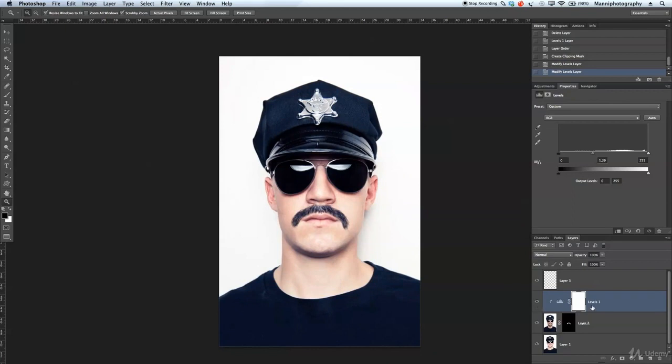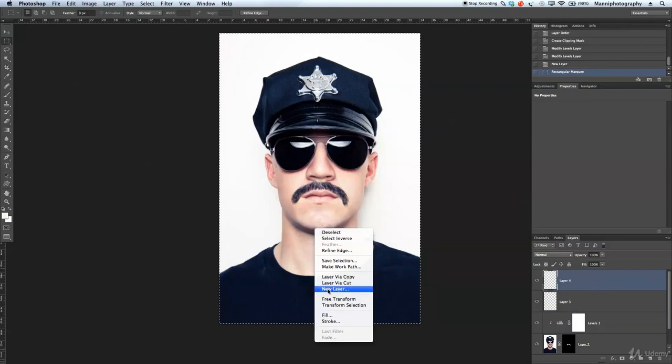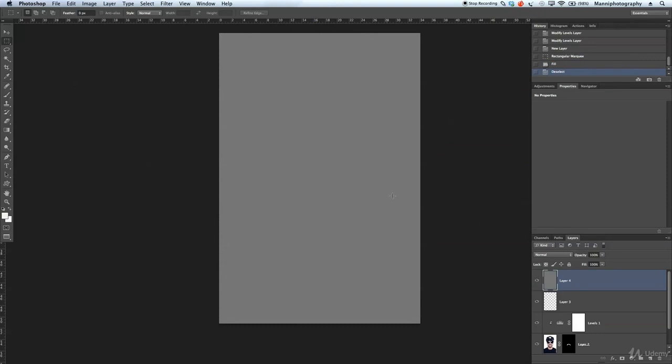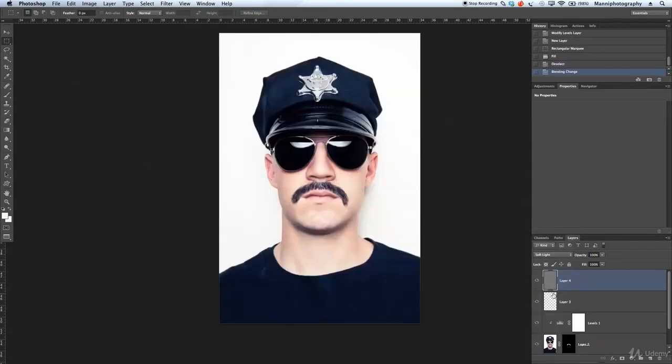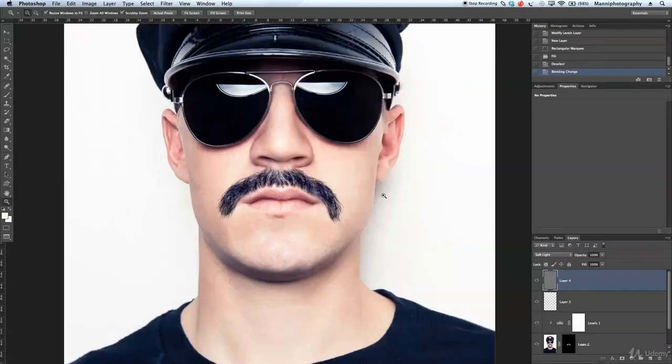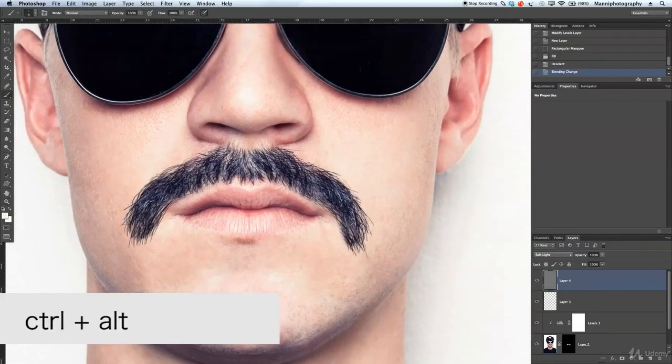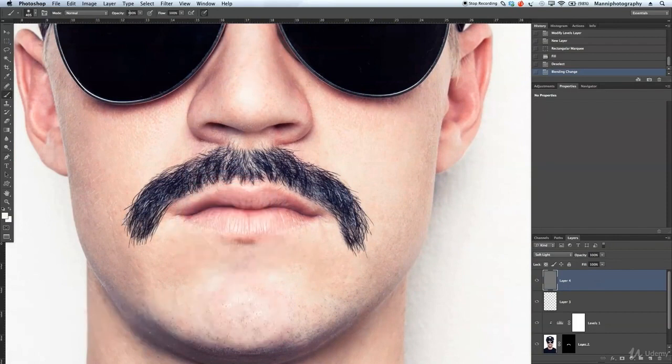Okay, and now last step on here, another new layer, going with our marquee tool, going to select the whole area, right click, say fill, 50% gray, okay, and we're going to create a little bit of dodge and burning. Then also go back to my blending options here, change that to soft light, zoom in a little bit again, take my brush again, Control Alt, soften my brush completely, change my opacity here to 0.7%,